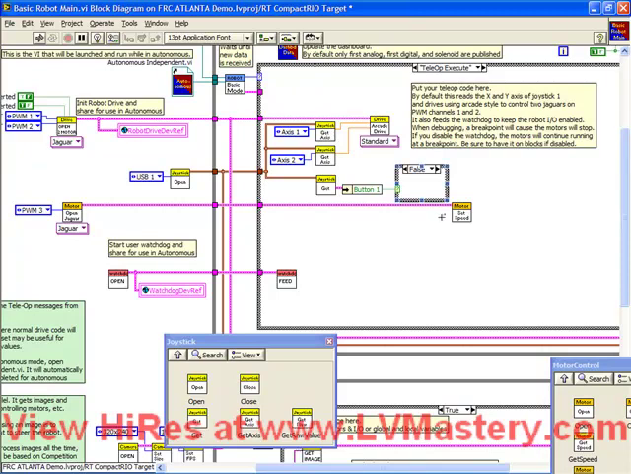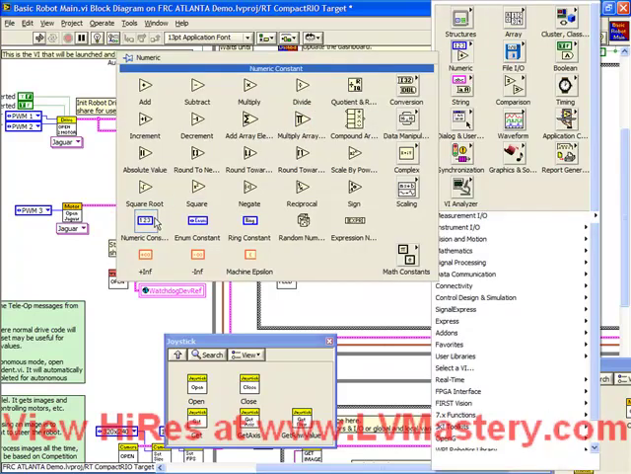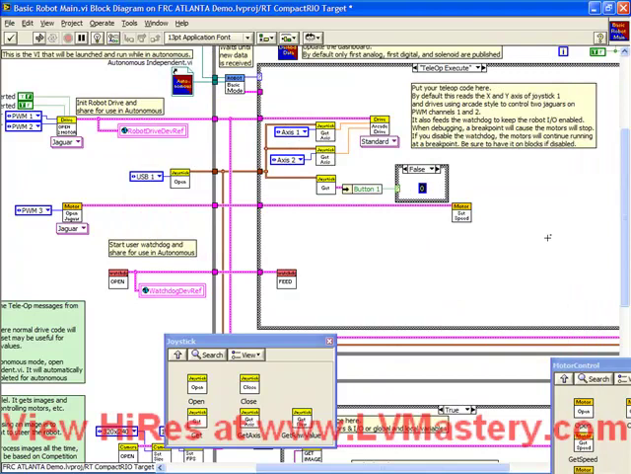So what I need to do now is just put in speed. So speed is set as a number, something between plus and minus 1, where plus 1 is 100% forward, minus 1 is 100% reverse. So all I have to do is create a numeric constant